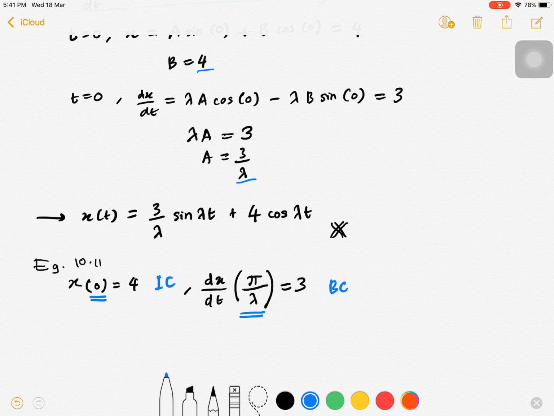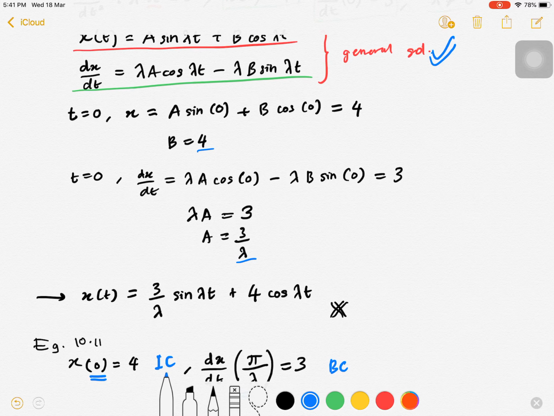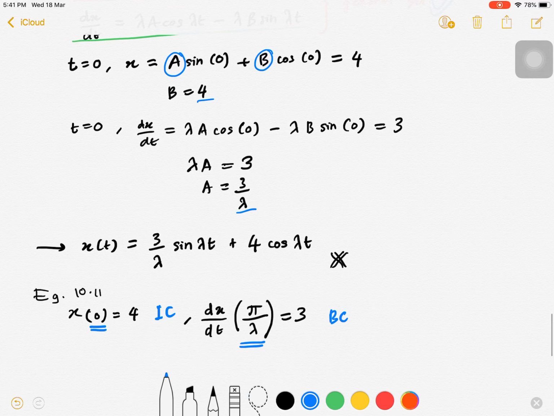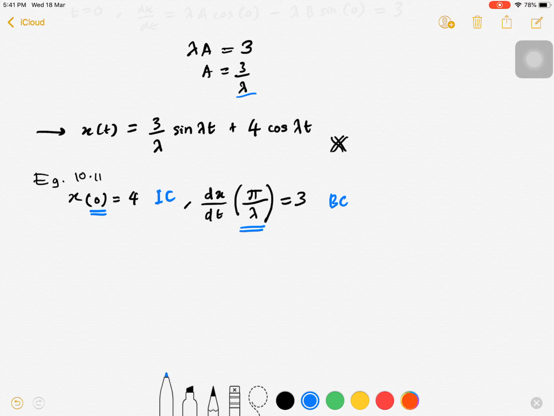But both conditions provide us information, and we can solve by using these values. We can find the two constants a and b. Alright, so for example 10.11, you can try it and you can find that the values of a and b are a little different. Okay, so now